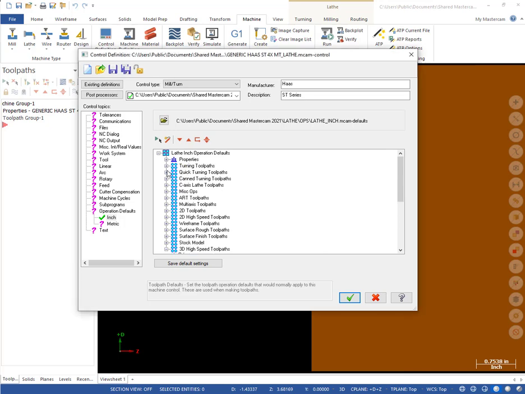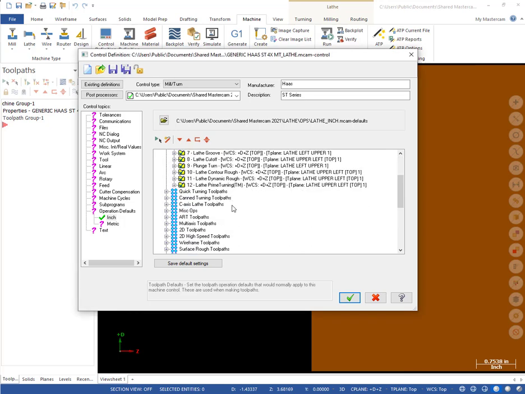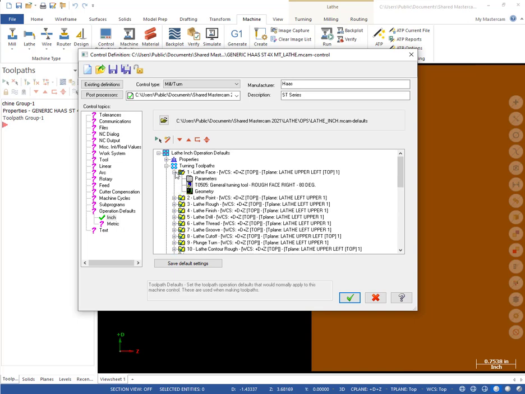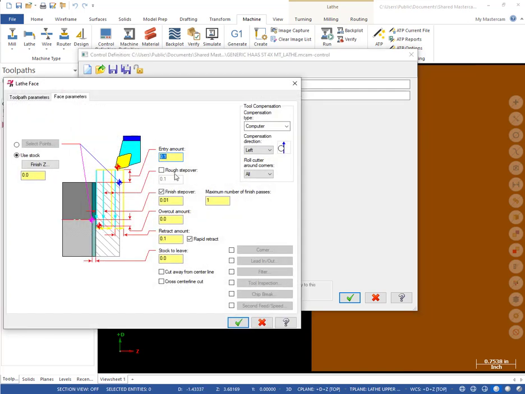That looks good. Now let's go into my turning tool paths. So my face path, select my parameters here. Entry amount 0.1, I like that. I am going to keep that on. I very rarely rough, so I'm not going to keep that on. Finish step over, I'm really not going to use any finish passes here. So